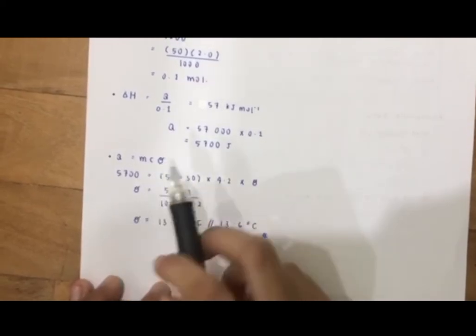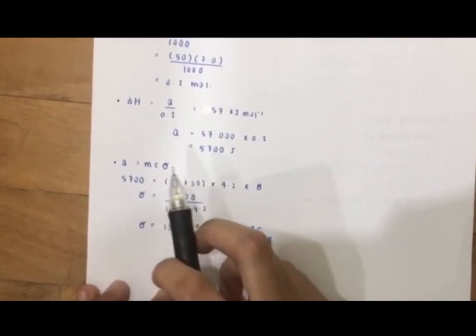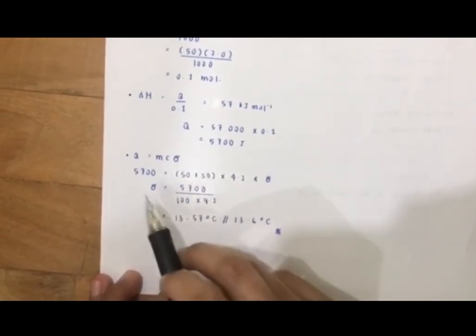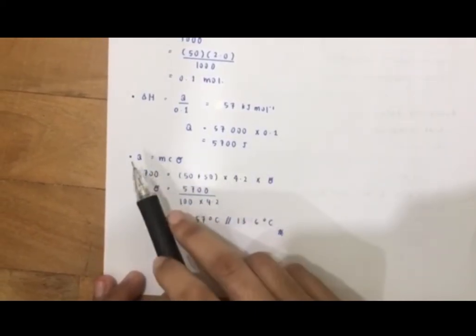So to calculate the heat change, we use the formula Q = mcθ, where θ is the change in temperature. So we substitute the formula that we already know. Q is equal to